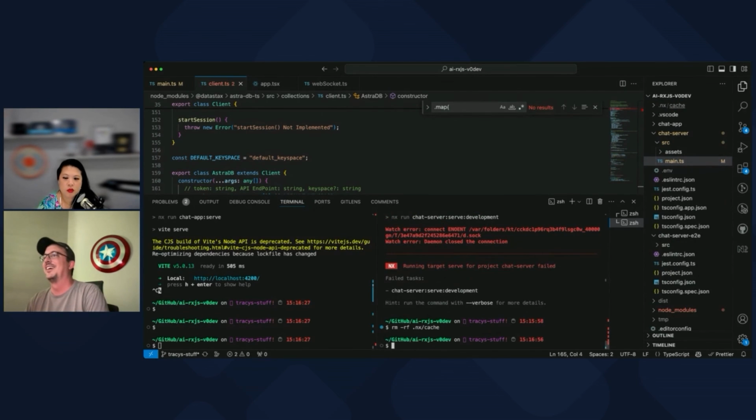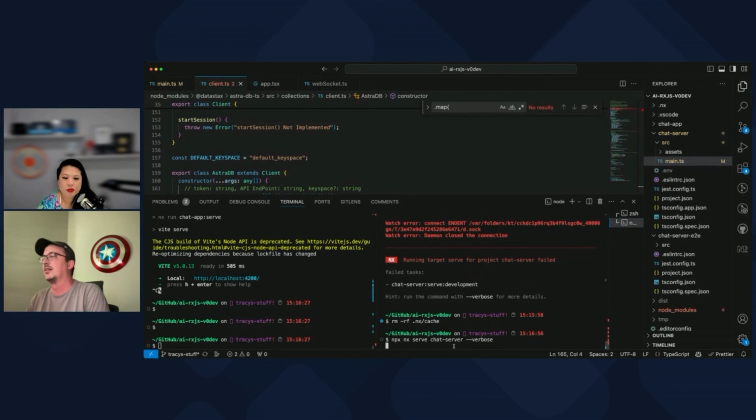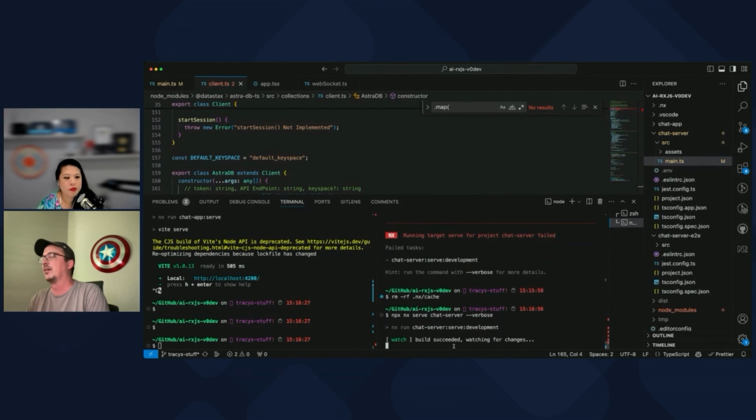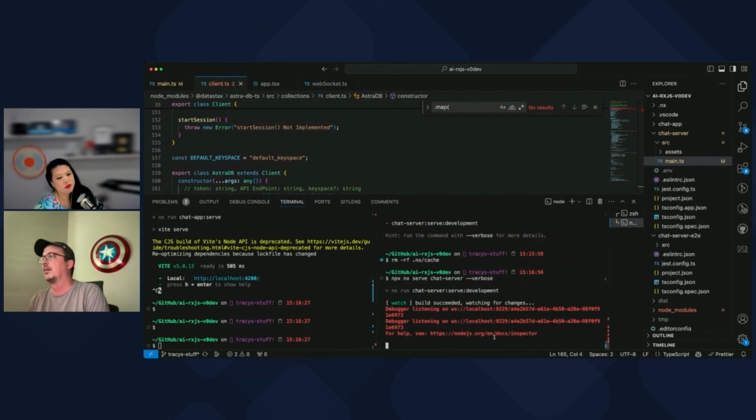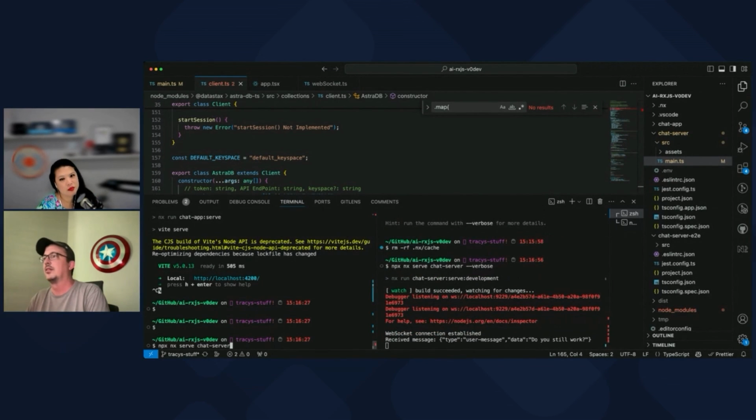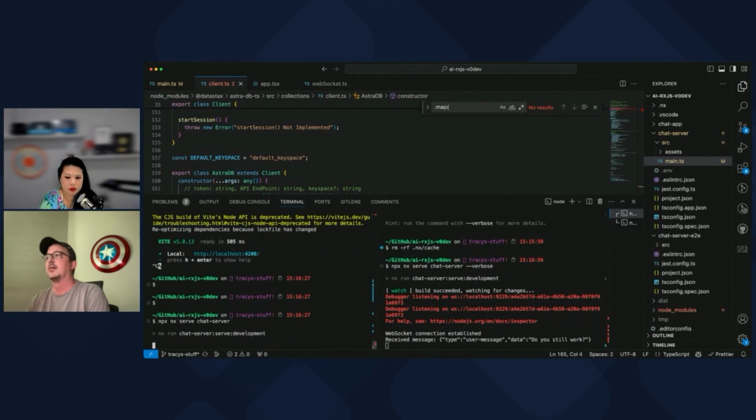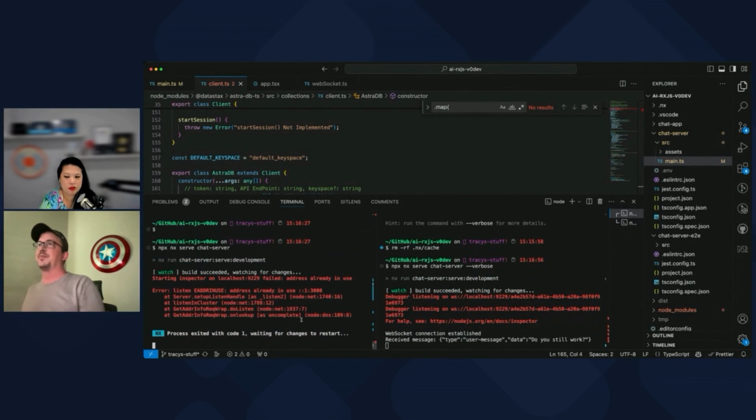All right, now I'll try that again. See if it's happier. Debugger listening there. Okay, that's looking better. All right, so I just had to kill the NX cache. Send bug report to Victor Savkin.